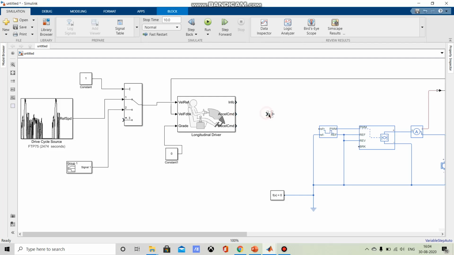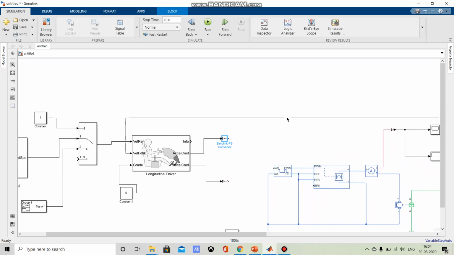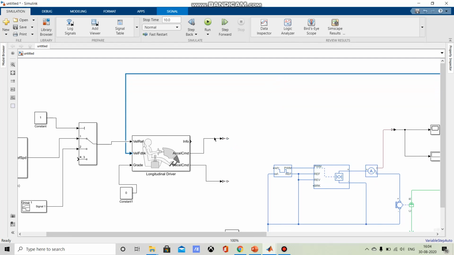We will connect this to this, and we will copy the same. Now we will use the controlled